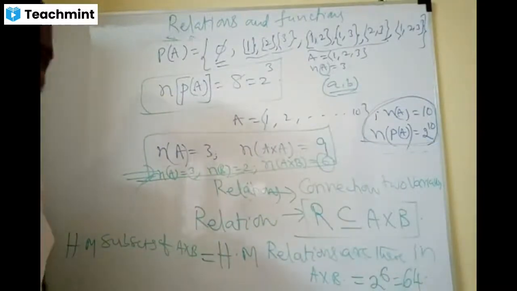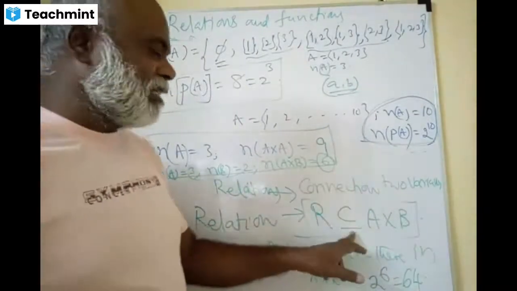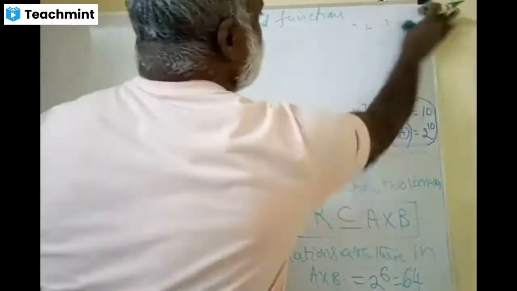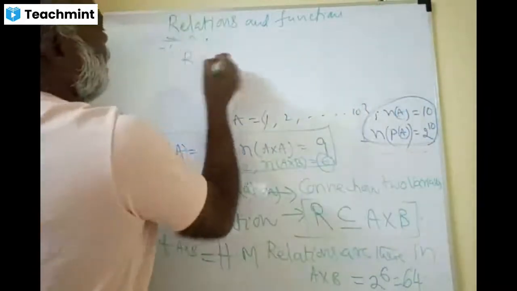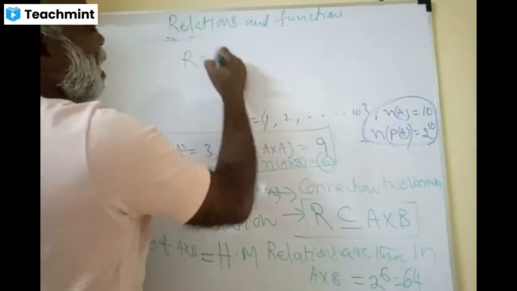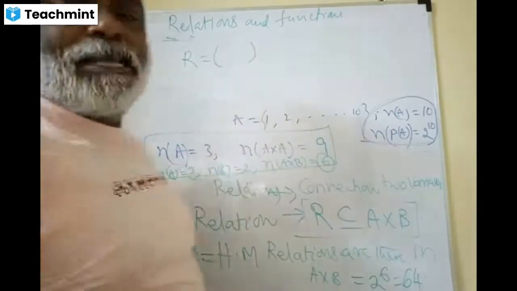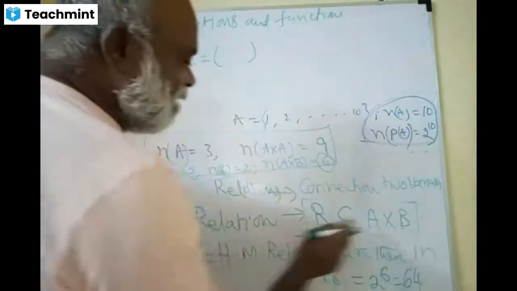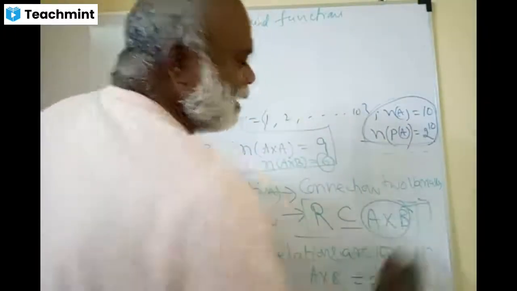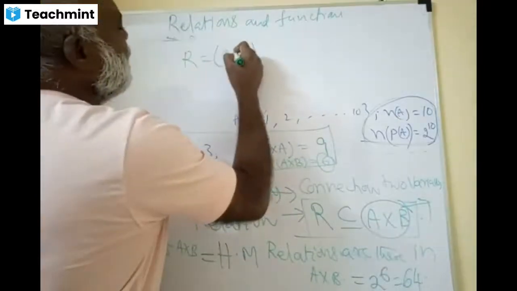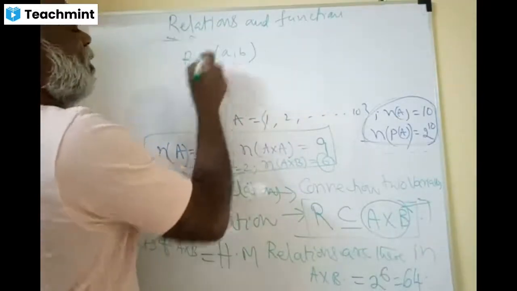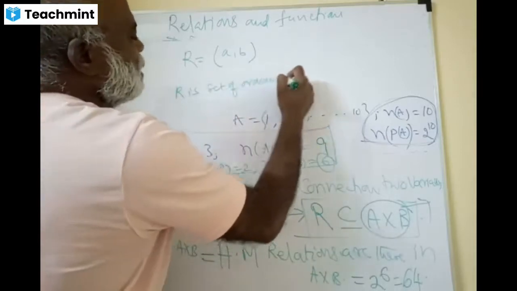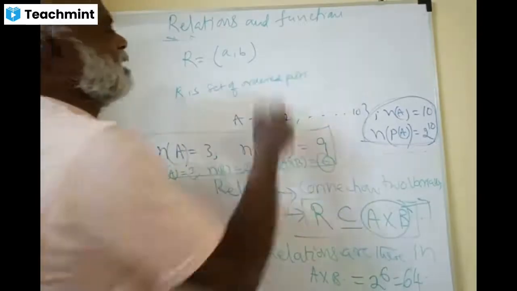Friends, just now I said that R is a subset of A cross B. How do you write a relation now? R is a subset of A cross B. R is a set of ordered pairs, such that